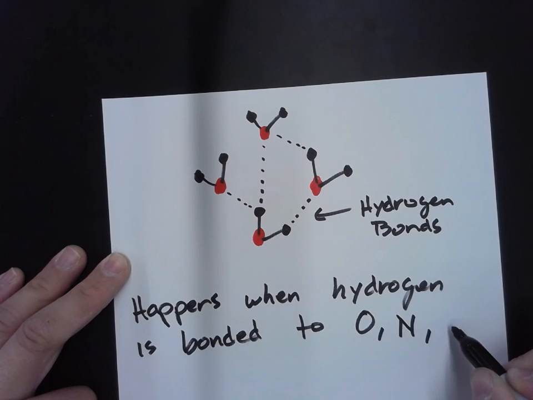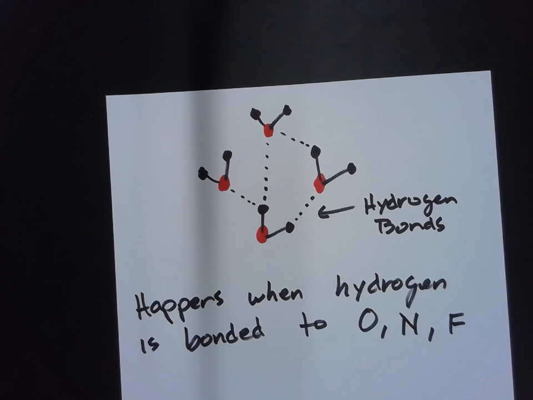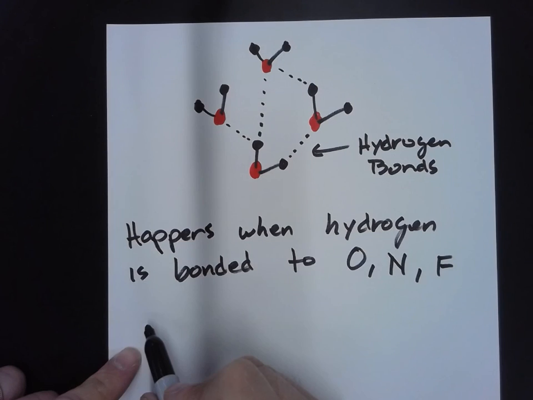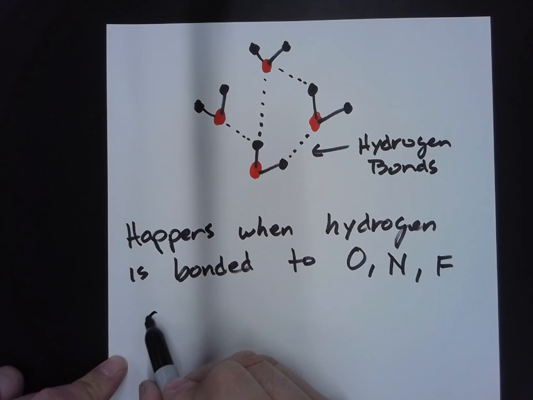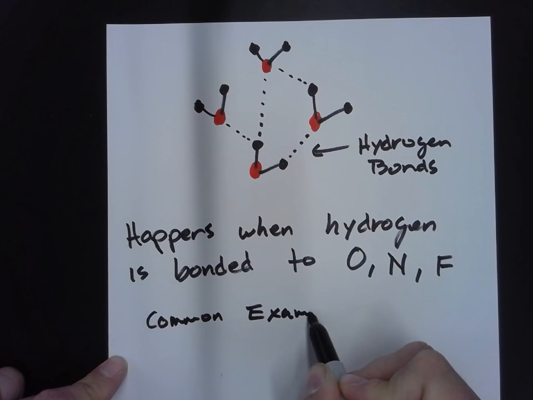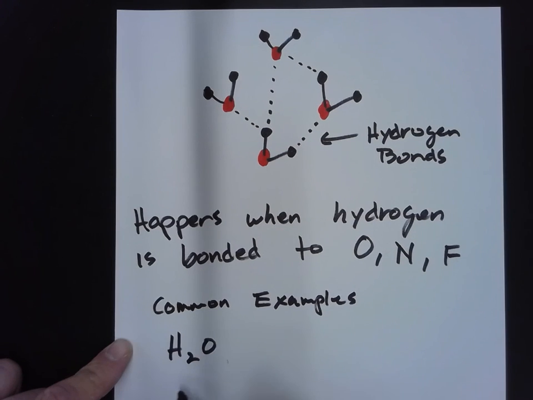When hydrogen is bonded to oxygen, nitrogen, or fluorine, you can get these hydrogen bonding interactions. Common examples: H2O is the most common, NH3 for ammonia, and HF,